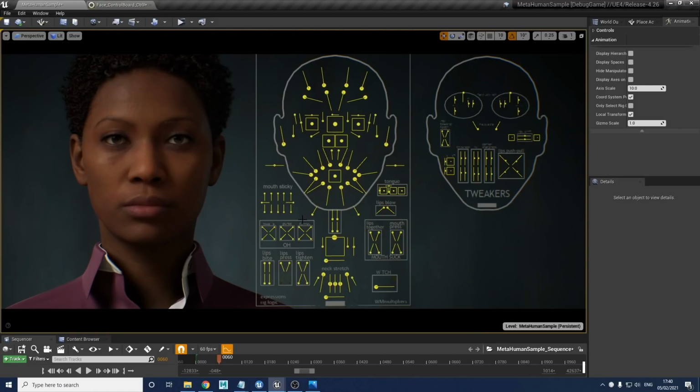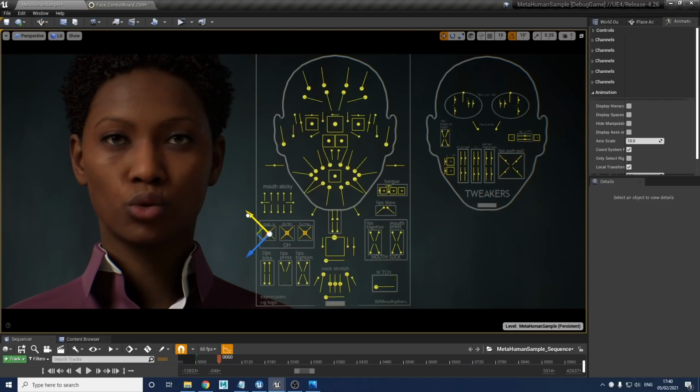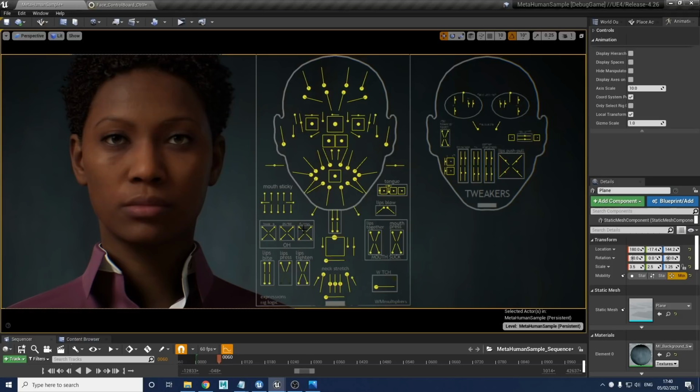All three of these, the funnel, purse, and towards, are designed to be used together. So you can have varying degrees of any of these used together. They work in all sorts of combinations. You can ramp them all on if you want to, and get a very big kissy shape. They're very powerful controls, and you'll be using them a lot. Equally, they can be used with any of these as well. Nothing needs to be used in isolation. It's all designed to be used together. So that's the shape controls down here in the O section.